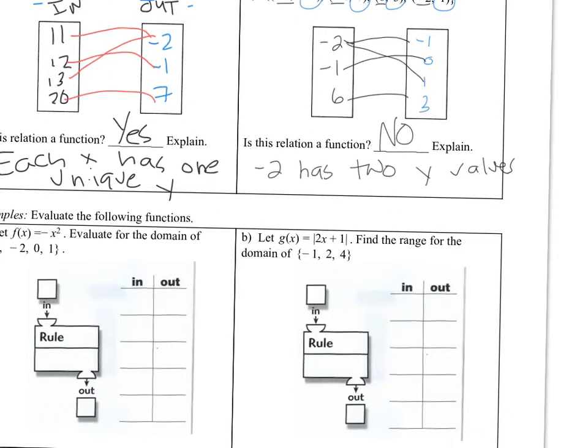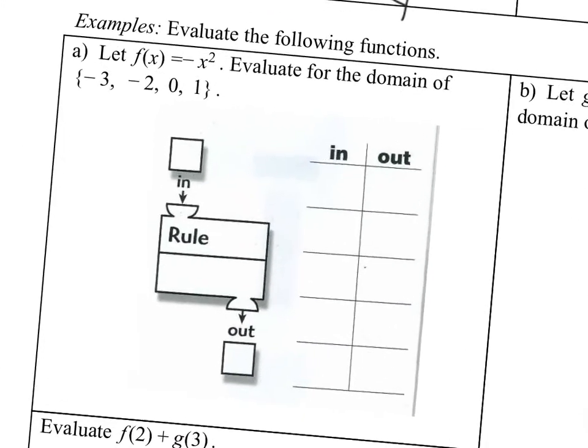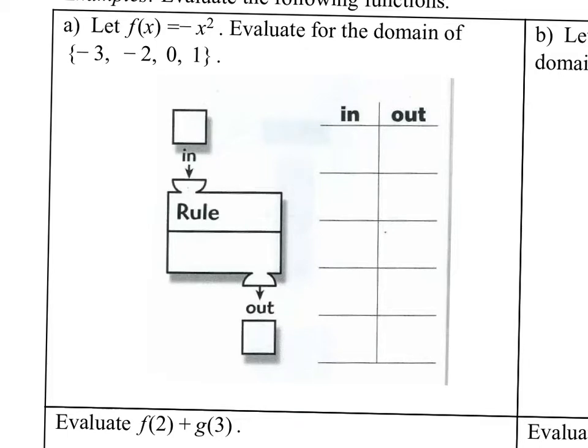So another way we can look at functions is evaluating them. To evaluate for a domain means let this be your x values. These are your x values. So you're going to literally plug in -3 into the rule, opposite x squared, and see what you get out. So if you plug in -3, it's going to be